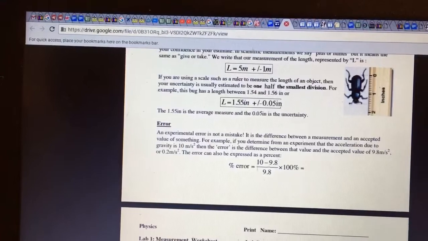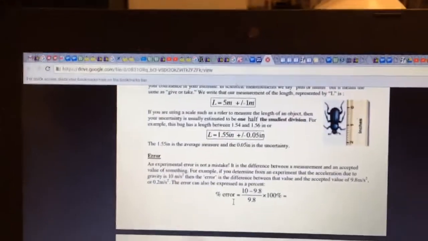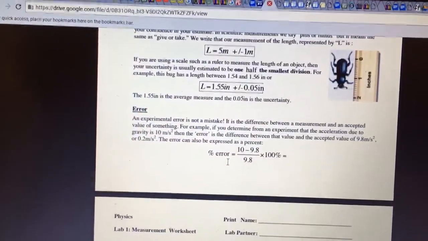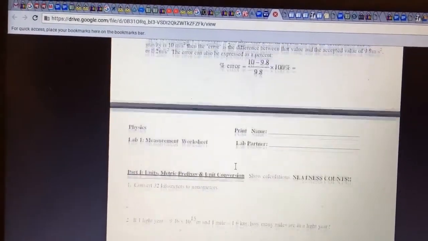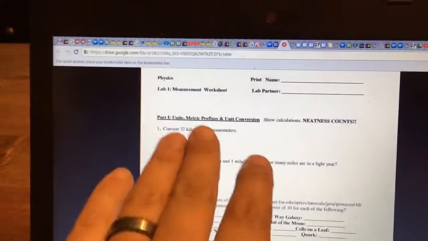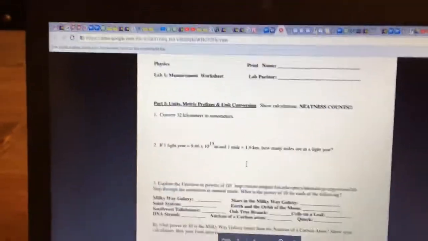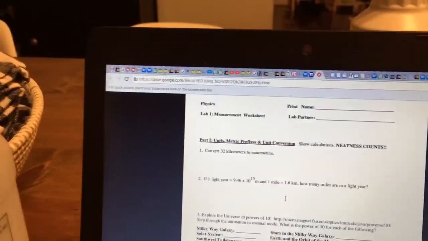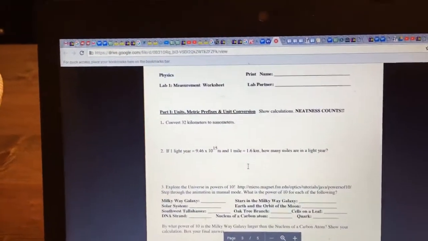Here's how you calculate error. We talked about this in the Flipping Physics video that you watched last class, and now it's where you get to practice a bit. So here's some practice conversions. We talked about how to do these in class, and you should have them in your notes from Friday, but just in case you don't. So the first one is